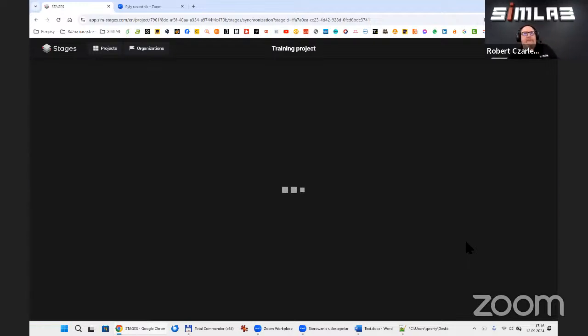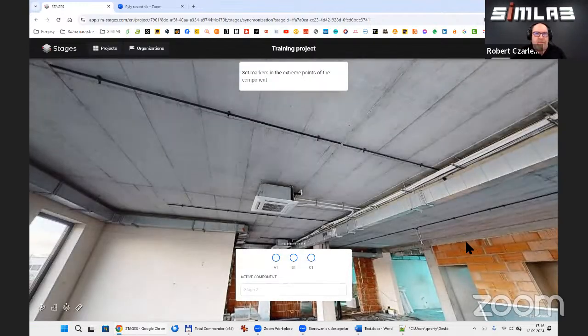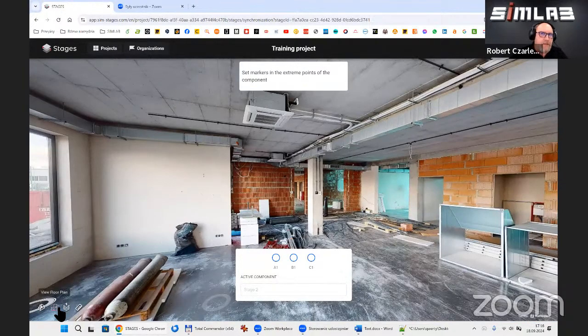The process of synchronization is quite easy, in fact, because all you have to do is to pick up 3 specific points on the scan which is not synchronized, mark them, and then repeat the process on the scan which is already synced. So I will do this at this moment, okay?